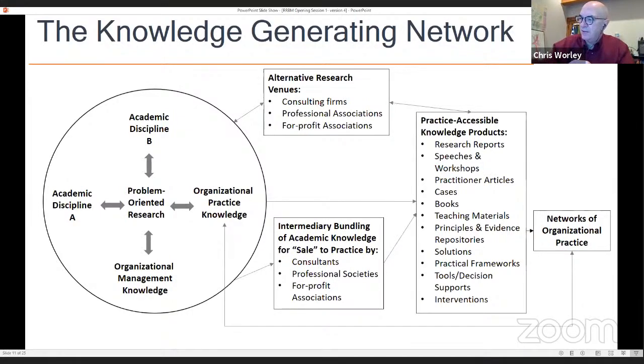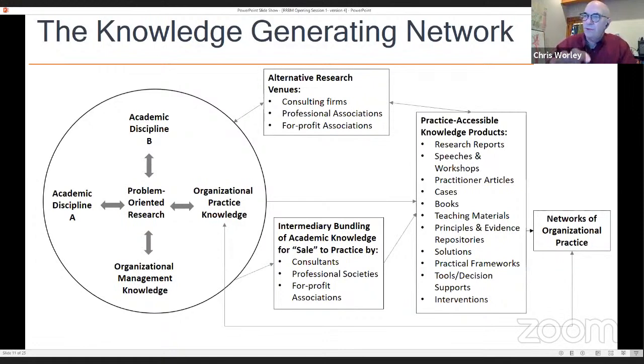And so then we end up with these set of products here, more on the right side of the diagram. These often show up in our classrooms: textbooks, professional books, tools, speeches, cases. And again, these are very understandable to the practitioner community, because it looks like this is what somebody's doing and how they're working on it. Here's the conditions, and we can use it as a translation mechanism.